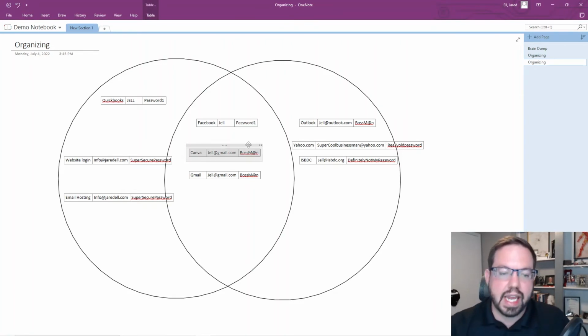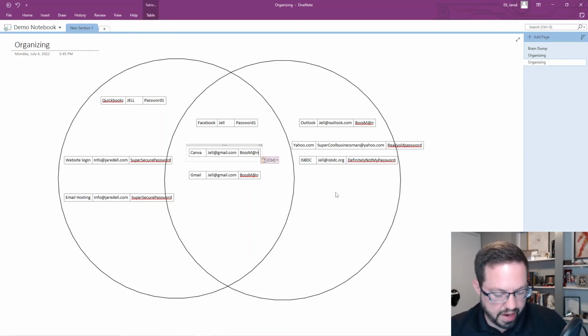For instance, with this Canva thing, maybe we want to create a free Canva account for all of our personal stuff, but then also have a Canva account for all of our business stuff. And the reason that you want to do that is just so that you're not mixing those up, right? So let's say we're going to actually create a new Canva account